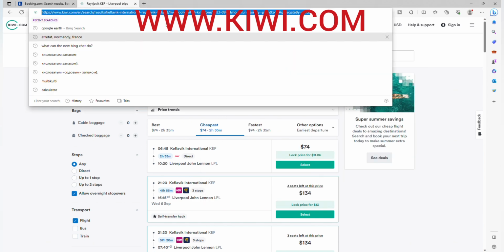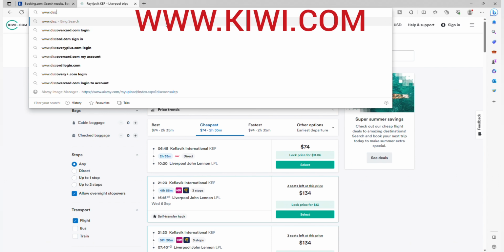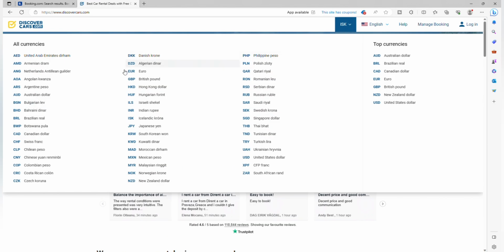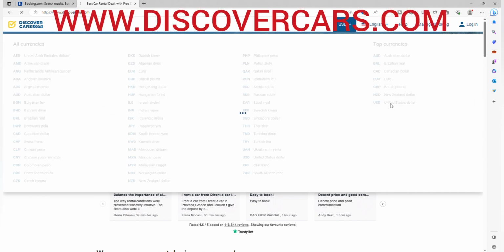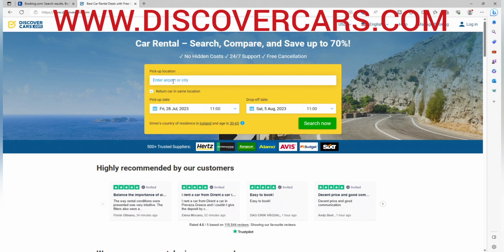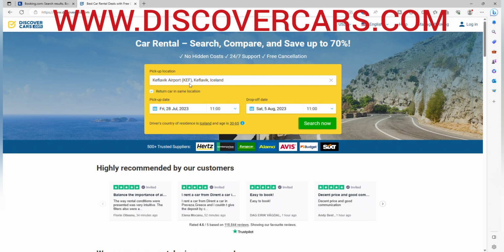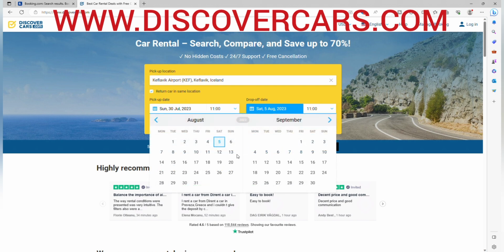Then to rent a car, you use a website called discovercars.com. In my opinion, it's the best rental website. I've been using it for years now, and it worked well for me wherever I travel in Europe. So you choose Keflavik Airport. Remember, the airport is not in Reykjavik, it's in Keflavik, the international airport for Iceland. And you return the car in the same location. Usually it's always cheaper to rent a car at the airport, not in the city. So remember, put airport. And you put here the date, like 30th of July, for example, to